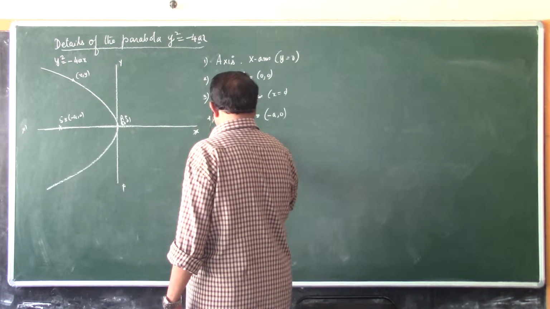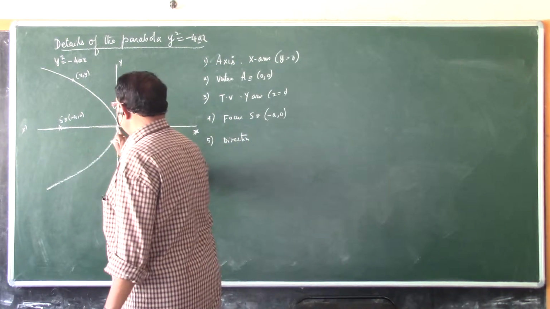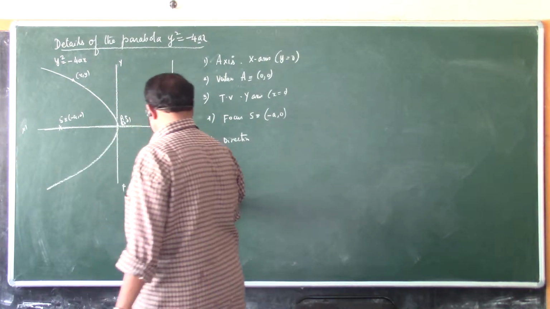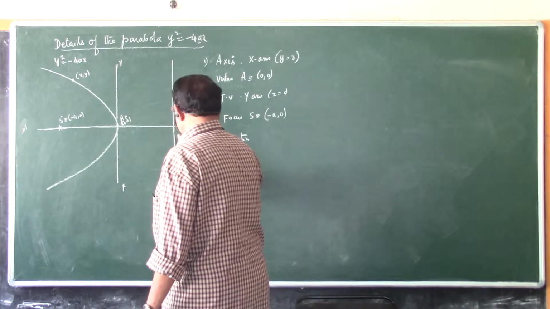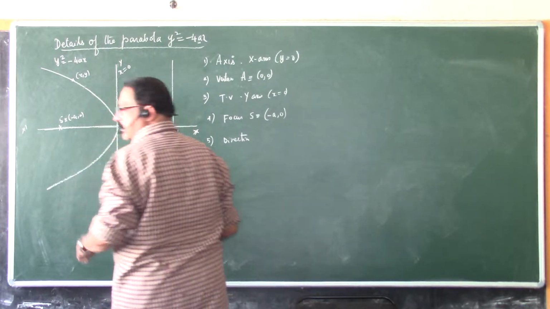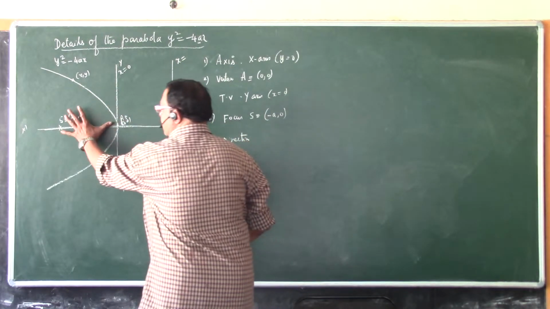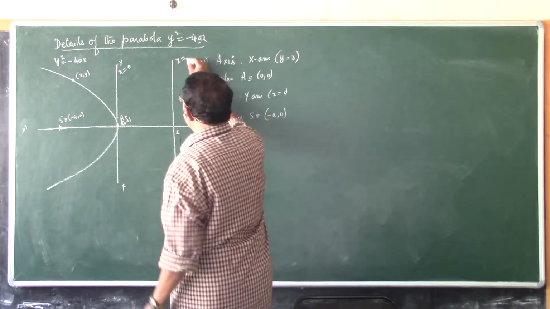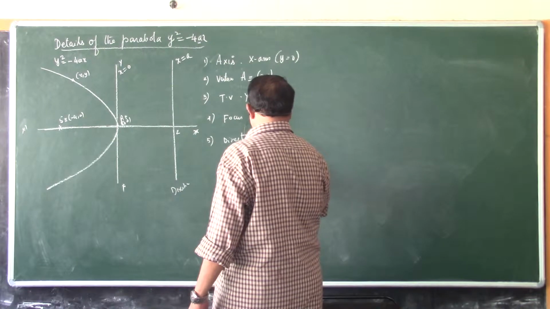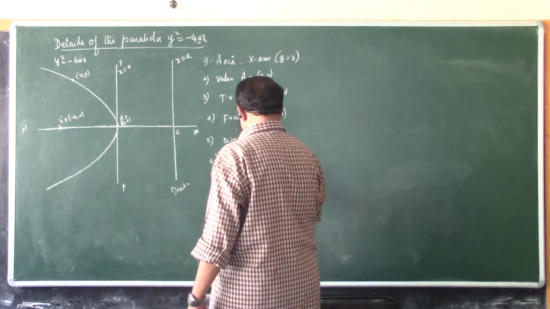Then directrix. The directrix is a line opposite to the focus at a distance equal to origin to focus. So at a distance AS, I draw a line here. Now what is this line? Directrix. This is Z, and it is parallel to y-axis. Y-axis is x equals 0. So this should be x equals, and what is this distance? Same as the distance between vertex and focus. So that is x equals a. Directrix is the line x equals a or x minus a equals 0, and length of the latus rectum is